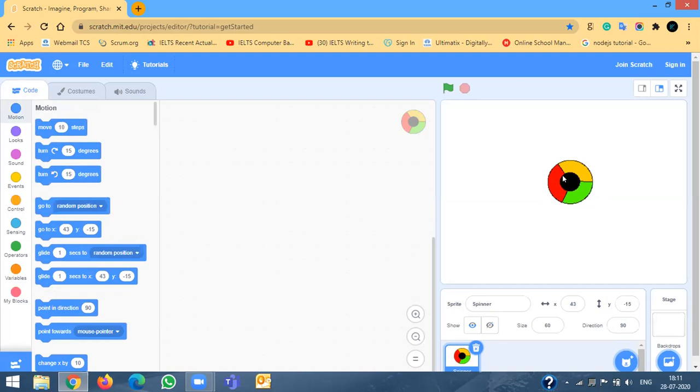Whatever colors you like, just have 3 different colors, okay? This is looking like Chrome's logo. Yeah, Google Chrome logo. Then just name it as Google Chrome logo. Okay. Krish, can you share your screen?